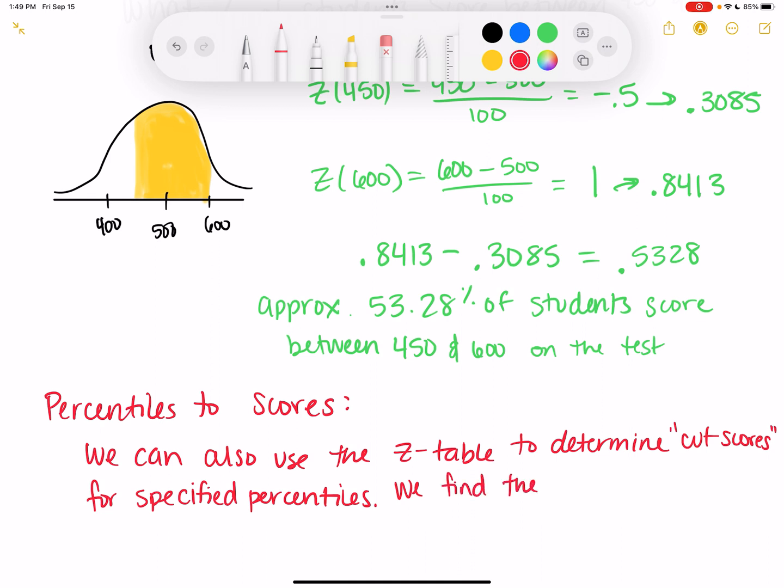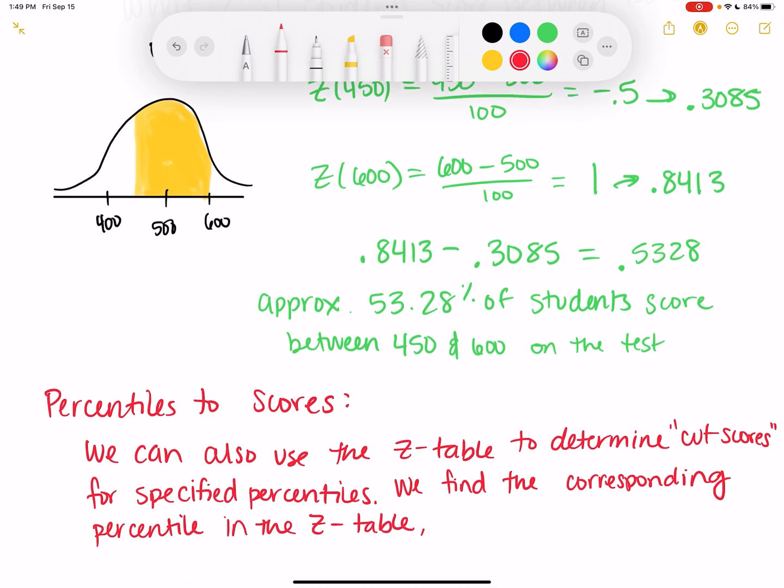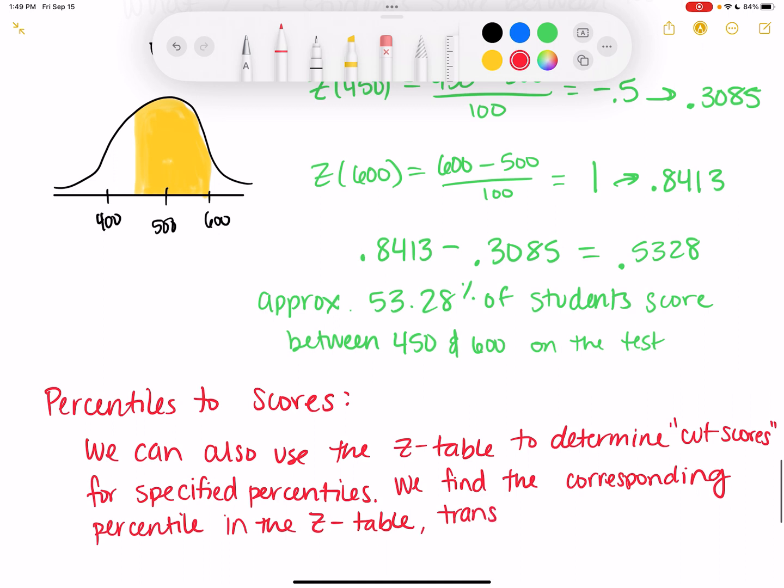We find the corresponding percentile in the z-table, translate it into a z-score,